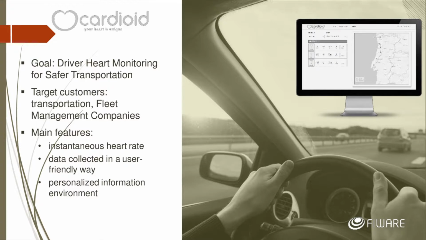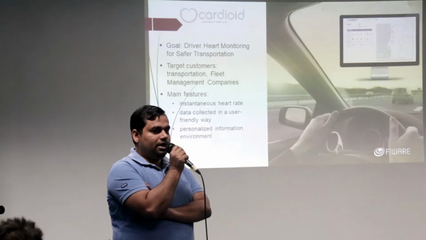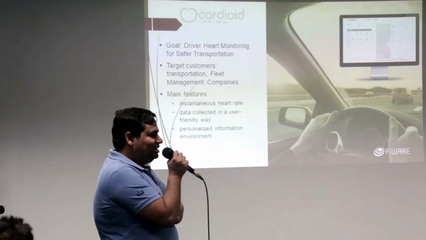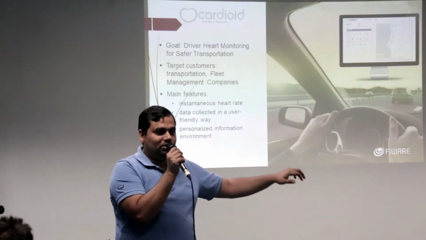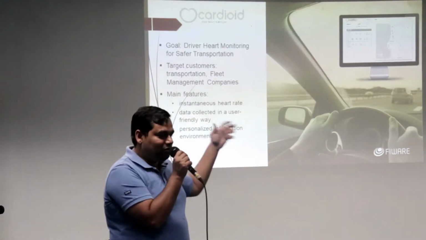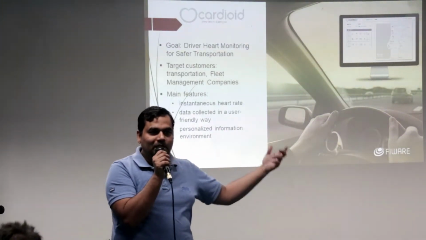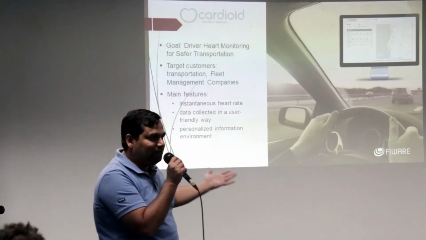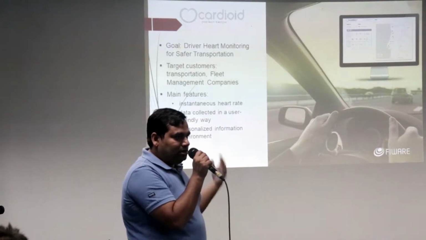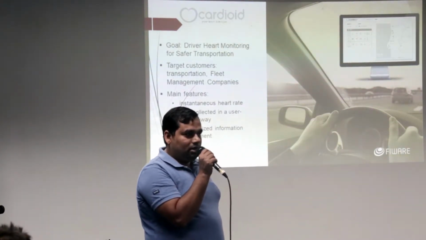The Cardioid. Cardioid is an application they developed for fleet management. So there's a car, you have drivers, and sometimes they go to sleep. So what they did is they developed a smart wearable system. You can just wear that wearable, and as soon as someone is trying to sleep, or maybe he's not having a good health state, maybe there's a problem with heartbeat or something like that, an immediate notification goes to the central authority so that they can take immediate action about it. Okay.